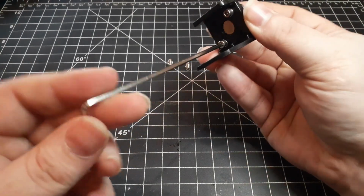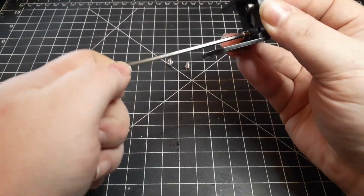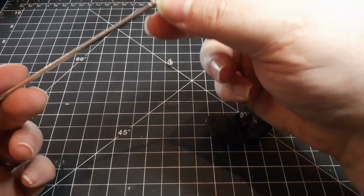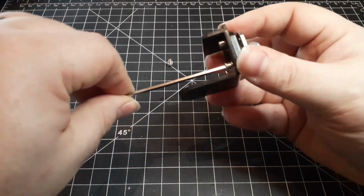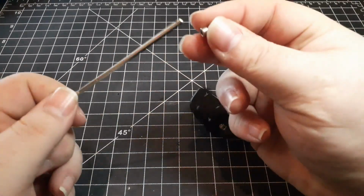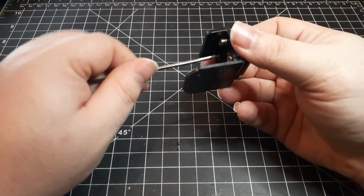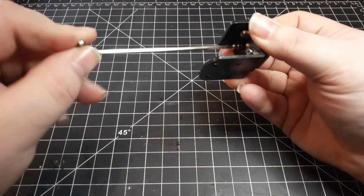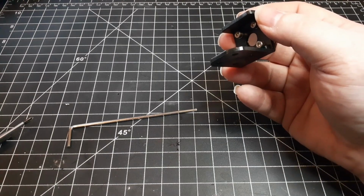Again, at least once per video, I'm going to show everything. I mean, I've used this Allen key for a bunch of bolts already, so I don't think I'm blowing anyone's mind here with this. Alright, so now that we have that done,